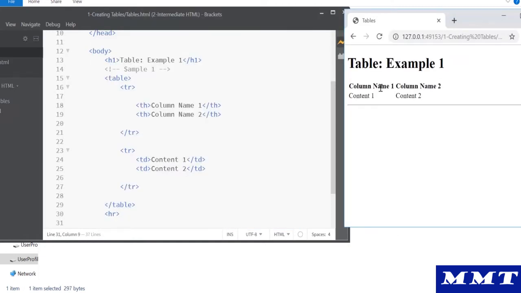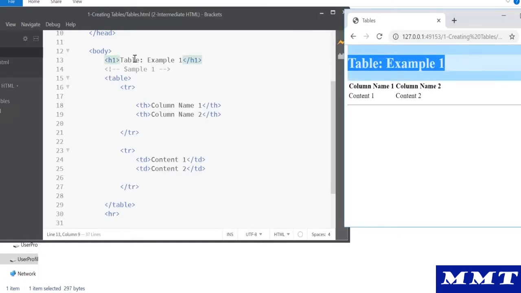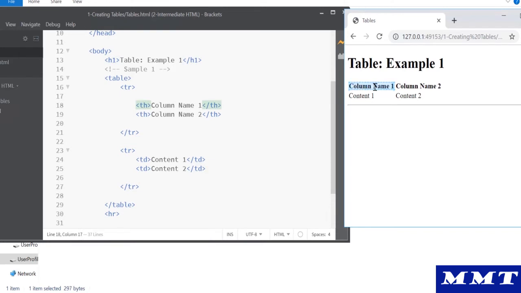Okay, so here you can see you have a table, that's the H1, then you have column name 1, that is TH, this again the TH, then you have TD, and then you have the TD. So you see the new lines here, the table has a new row, that row is coming up from this TR. Okay, and then TD are nothing but your columns. Okay, the columns are column name 1 and column name 2, content 1 and content 2. The row is basically the new line, that is a new entry inside the table.